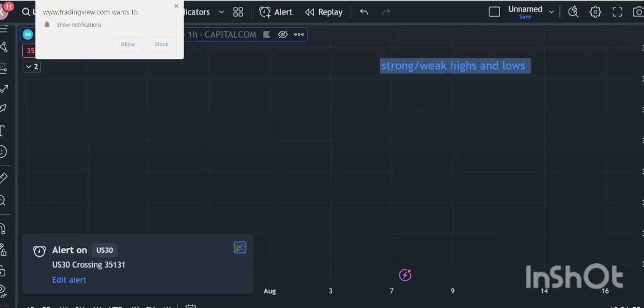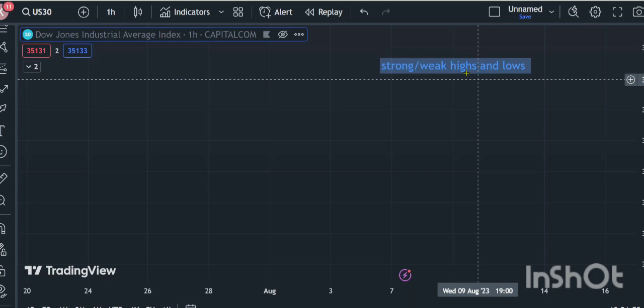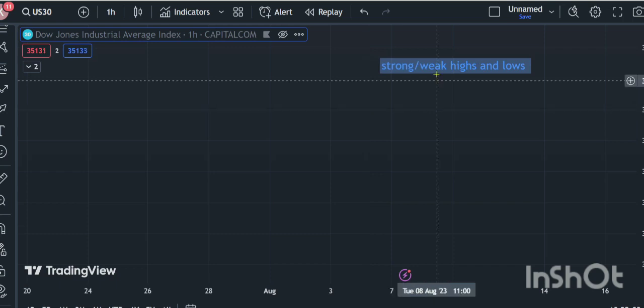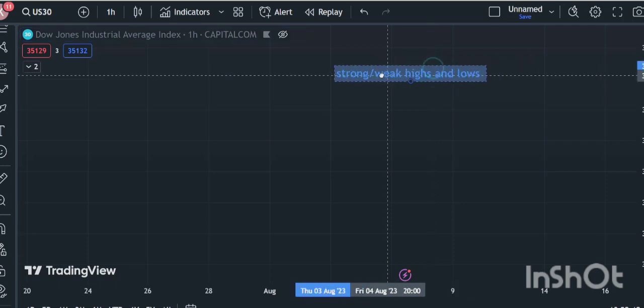Welcome. So today we are going to be looking at what we call highs and lows. Okay, it's a market structure concept. So before I move on to explain what highs and lows really mean, I would first like to explain